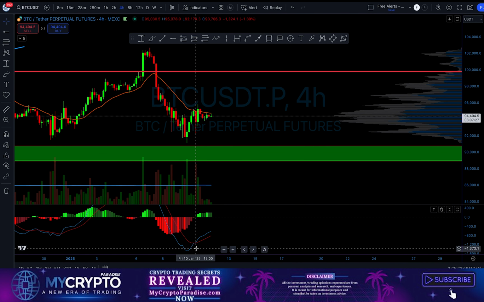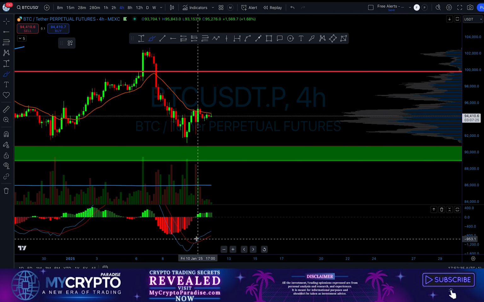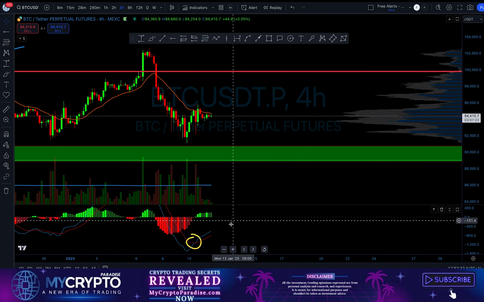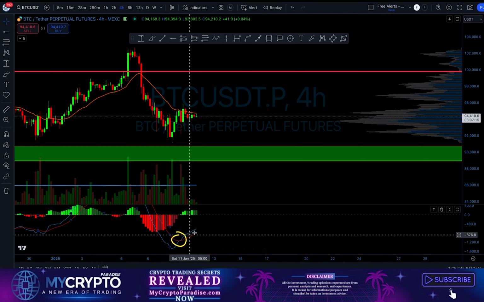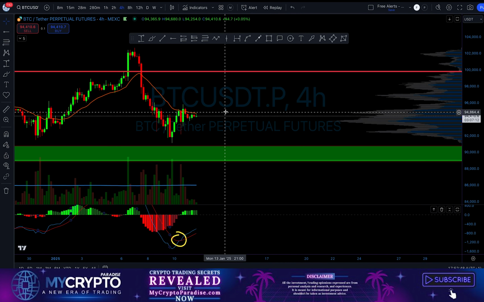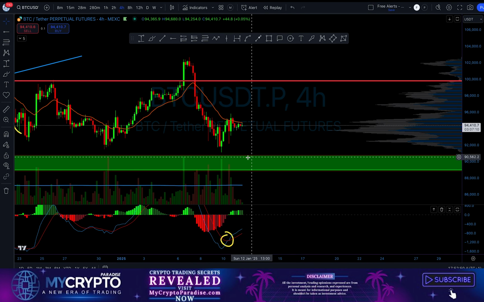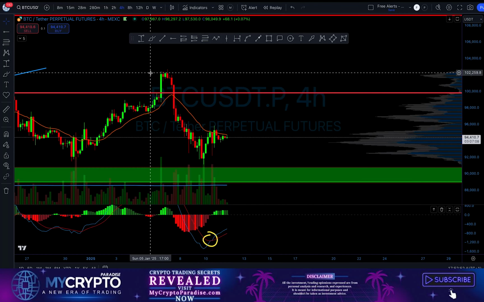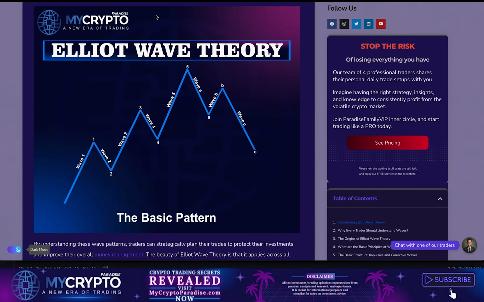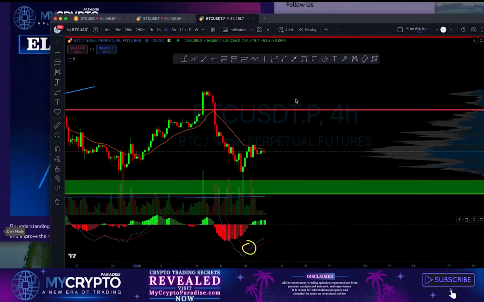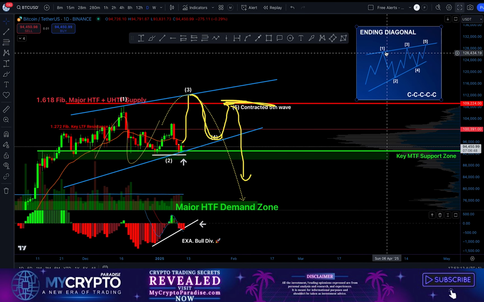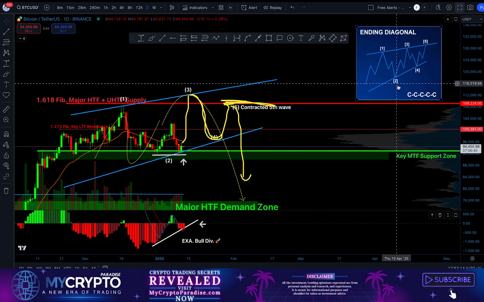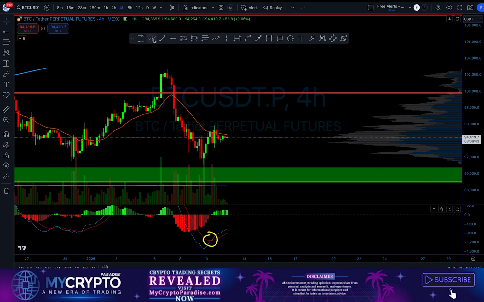So what can we see in the 4-hour time frame? We have this beautiful bullish cross on our MACD oscillator right here. This is bullish, so we have these beautiful open legs. That means the bulls are trying to take control. We are also above our support zone right here, and it seems that this subwave, which was basically the second one, is already finished because we have formed this zigzag ABC pattern. Let me show you what I mean.